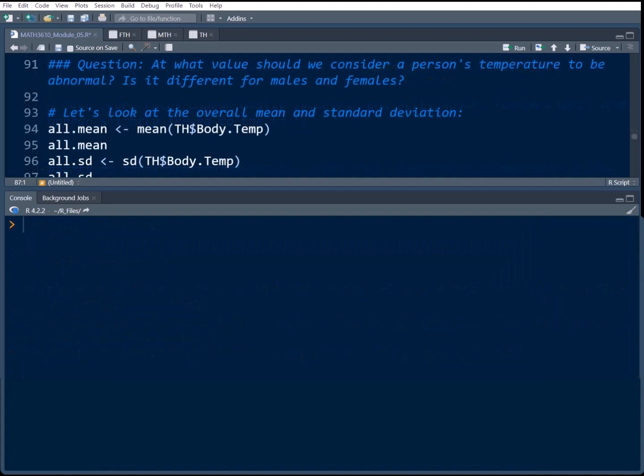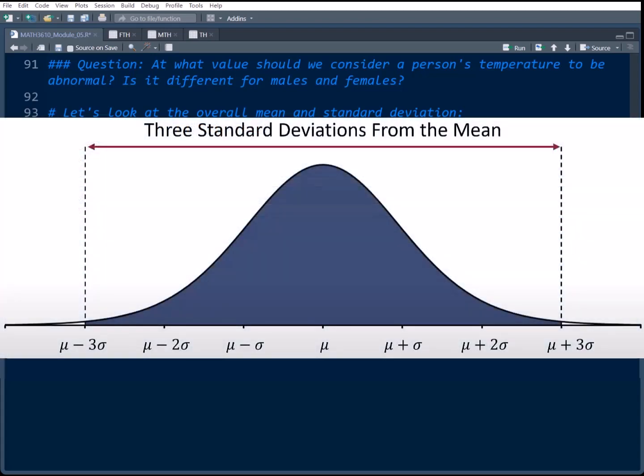At what value should we consider a person's temperature to be abnormal? Is it different for males and females? Well, we'll start by deciding on a cutoff point for what we'll consider unusual. Now, later in the semester, we'll look at more structured ways of doing this. But for now, let's say that anything that's beyond 3 standard deviations away from the mean is a reasonable cutoff